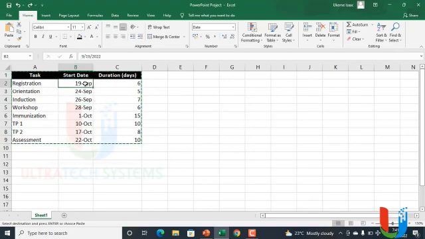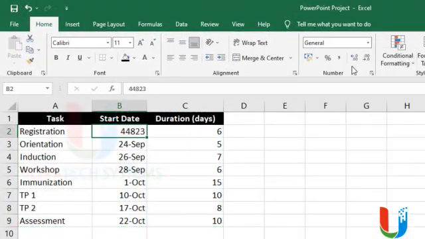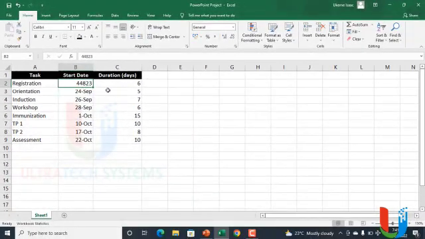Now in Excel, dates are just made up of serial numbers. Excel just converts serial numbers to dates. So for us to have that, I'll just come down here and choose the General format, and that reveals the numbers that made up that particular date. So you see it's 44